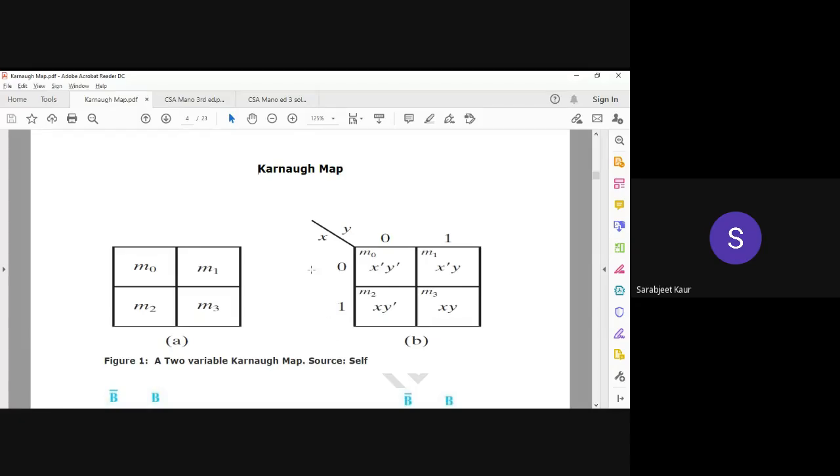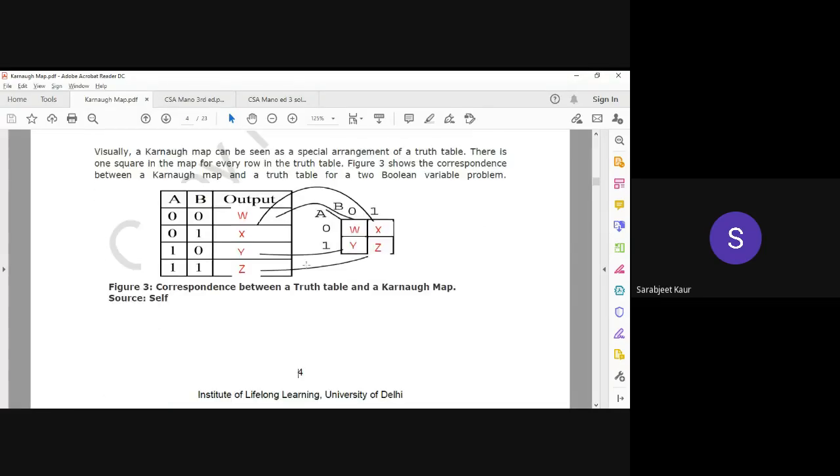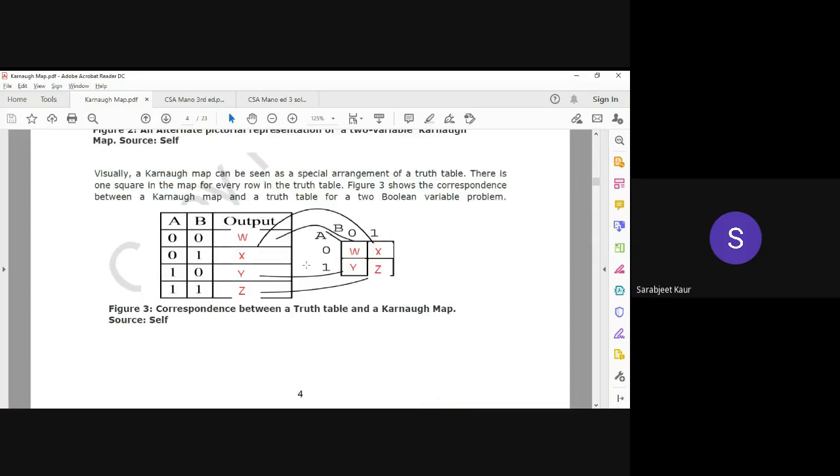Okay, so let me place it in perspective. Now please see, this is the kind of truth table that you are already exposed to. You already know the truth table of two Boolean variables. Yes, ma'am. So in the corresponding Karnaugh map,